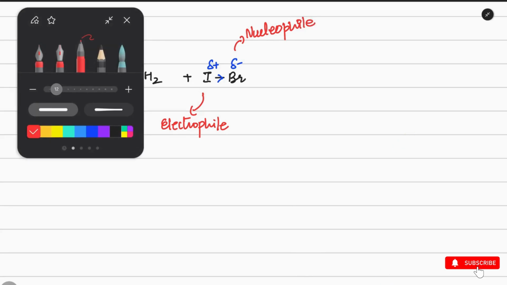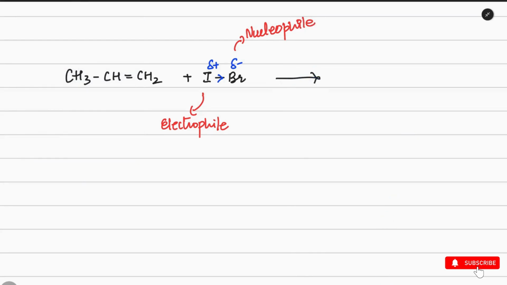Now, talking about the equation, what will happen? You already know that it follows the Markovnikov rule. The Markovnikov rule says that it is going to have two products, one major product and one minor product. Talking about the major product, the negative or electronegative ion, or I can say the nucleophile, will attack the carbon atom which has fewer hydrogens. What the Markovnikov rule says is that the negative ion, which is a nucleophile, will get attached to the carbon which has less hydrogen.